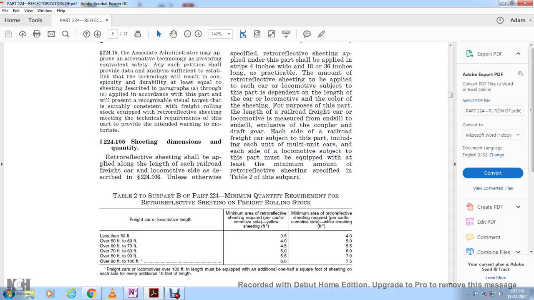Alright, this shows the freight car length and locomotive length. The first one I will read is the minimum area of reflective sheeting required per car or locomotive side, yellow sheeting, in square feet. And then the next one is the minimum area of reflective sheeting per car or locomotive side, white sheeting,